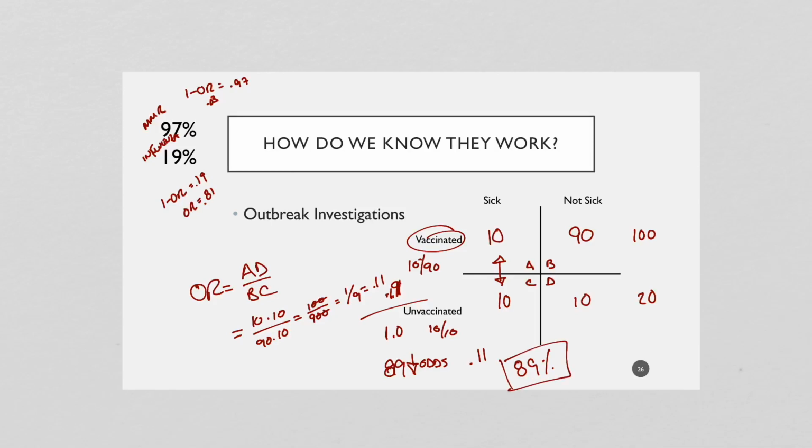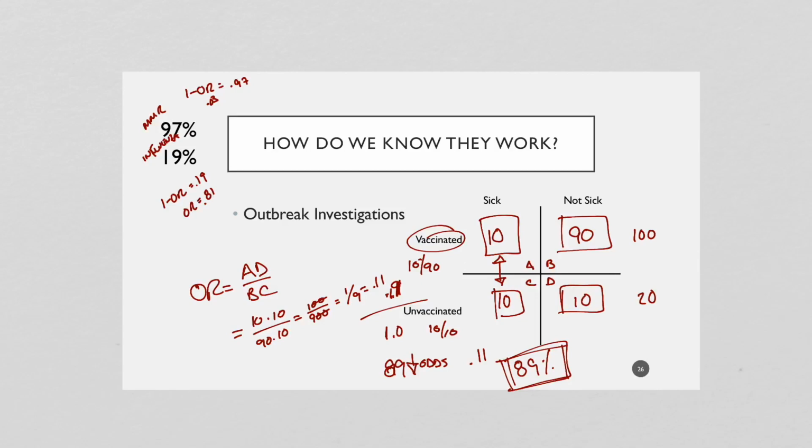If you were at this school when this outbreak happened, the probability of you getting the disease out in the general public or at home or whatever is much different. For these 90 people who were not sick, the probability was 0, right? They all got the vaccine and they all did not get sick. For them, the probability of getting sick was 0. For these people here, the probability was 1 in 9, right? Or 11%. So it was slightly different. When it came to not being vaccinated, they had a 50-50 shot of being sick or not sick, which is much higher than the 1 in 10, right? So again, this is something you need to remember, that this is not looking at your personal risk of getting the disease.